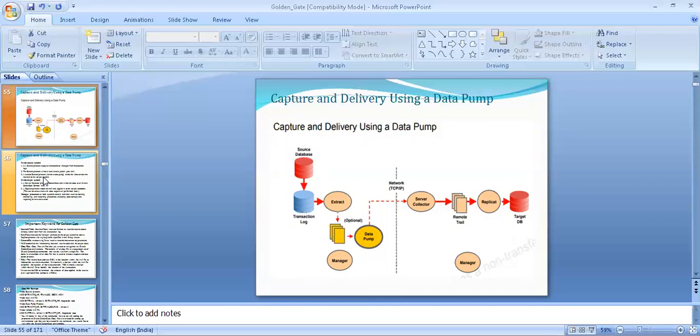In the case of an Oracle database, it reads the redo log file and archive log file, and stores data in the trail file. A data pump reads data from the trail file and transfers it to the remote trail file with the help of the server process. In the target environment, the replicate process reads the remote trail file and applies data on the target environment.